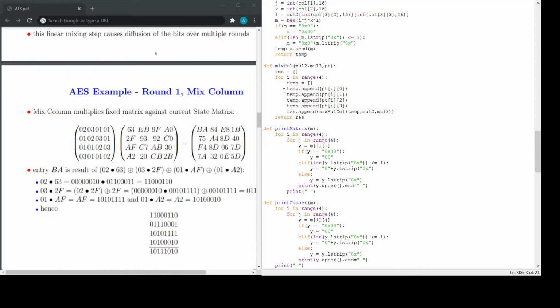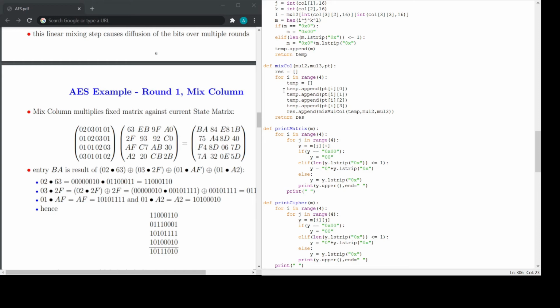In this step, a fixed matrix is taken and an element-wise operation is done. If the element is 1, then nothing is done to the plain text. If the element is 2, then the current plain text element is taken and XORed with binary 2. If the element is 3, then the current plain text element is taken and XORed first with binary 2 and then the result is XORed with the unchanged current plain text. Finally, all the 4 elements are XORed together. Since this is too complex to implement, there is an easier method to do this.